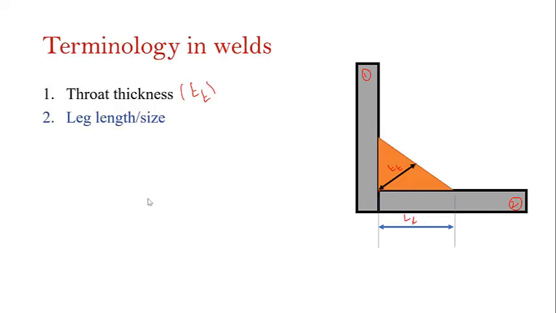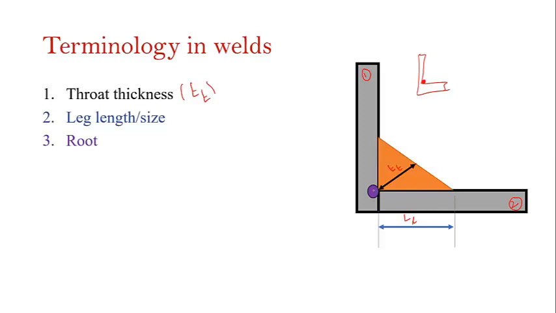Okay, so now the next terminology involved in welded connections, the third one, is the root. What is the root? Root is the one which is available at the joint of the two plates. So you have two plates like this, and the root is the one available at the joint of these two plates. That is called the root, as you can see at the purple dot on the screen.